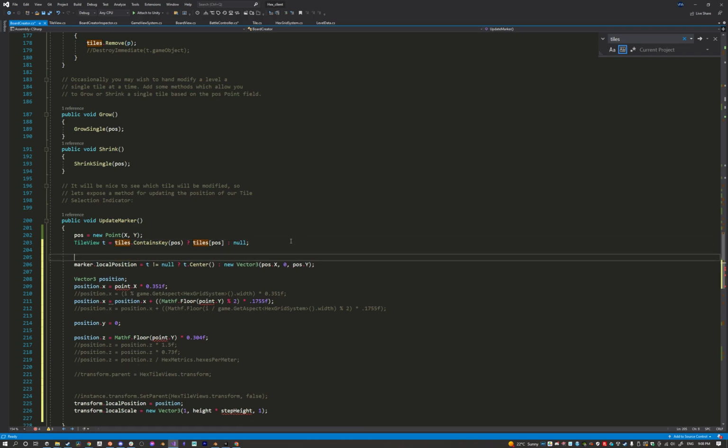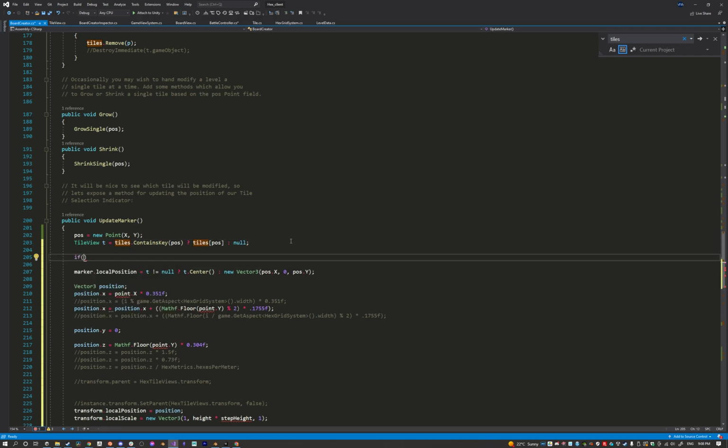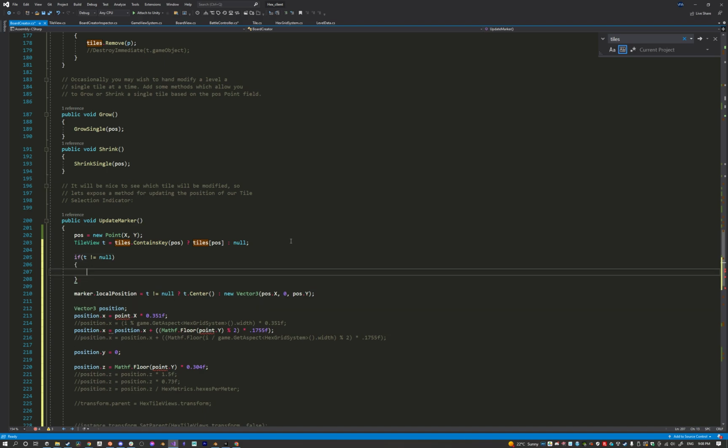So what I'll do is I'll just, if t does not equal null, I'm going to redo that to the whole thing. And then I want you to do t dot center, and the marker local position will equal t dot center. Else